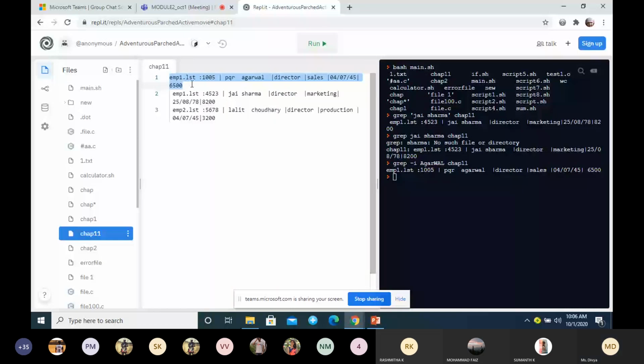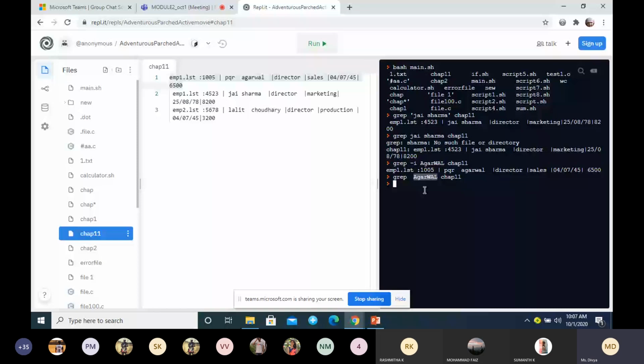Clear? Suppose I have not used the -i option, then what will it give? It doesn't match. It will match exactly: if I have not used -i, it will search for the exact word with the exact case.